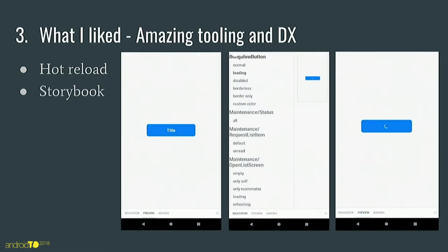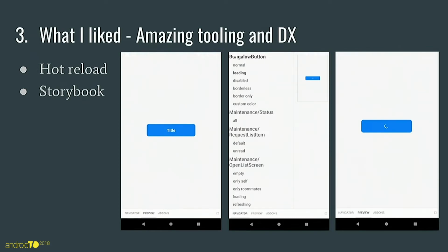Another one is Storybook. The idea of React is you build components, and it can be just some simple views like a button, or up to screens. That's also a component. And Storybook is a way to list all the components of your app, each with the different attributes that you can have. In the example, actually, I use that in the app, in the Bungalow app.